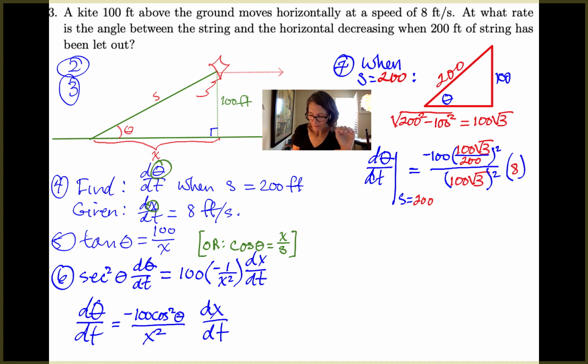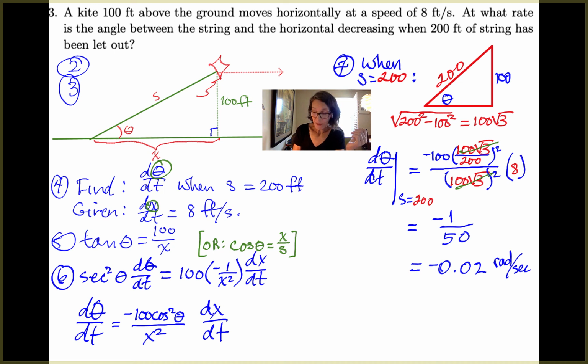That 100 times square root of 3 is being squared, but so is the one in the bottom. Boom, those go away. And then you get negative 800 over 40,000, and that simplifies to negative 1 over 50. And that turns out to be exact, which is negative 0.02